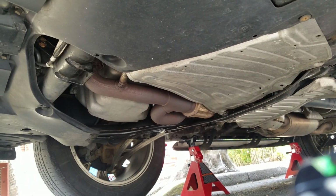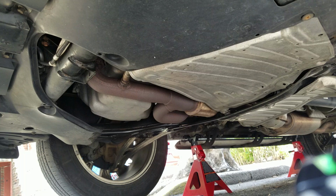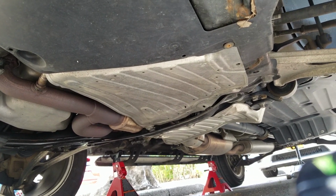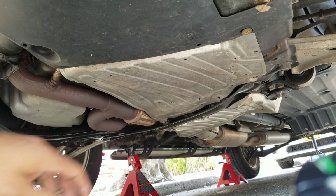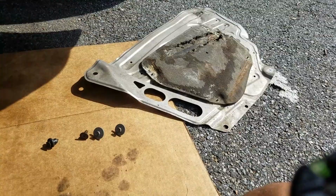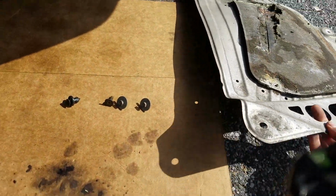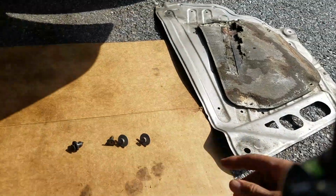And I actually believe it's supposed to have another protective layer over here. I'm supposed to have 2 of them. So I'm feeling gypped right now. But car runs great, and I'm happy. That's minor. All right, let me get this thing off. Yep. So this is the panel itself. I'm just gonna leave it like that because it came off like so, with the smaller end towards the back,